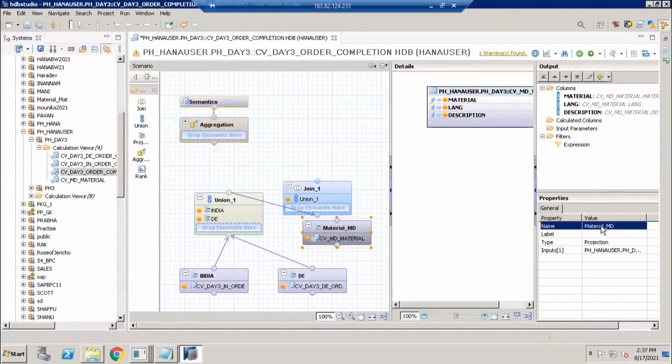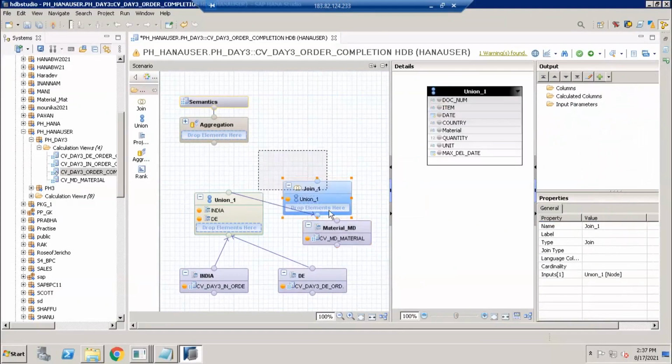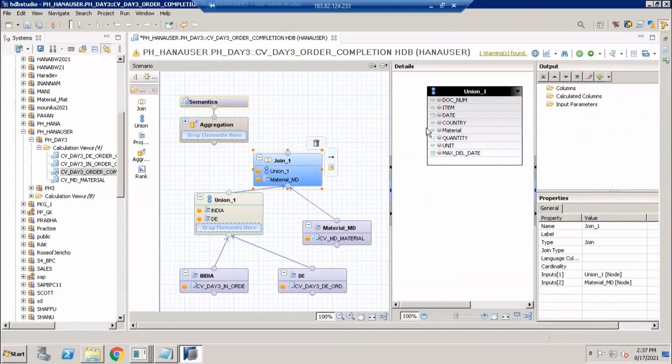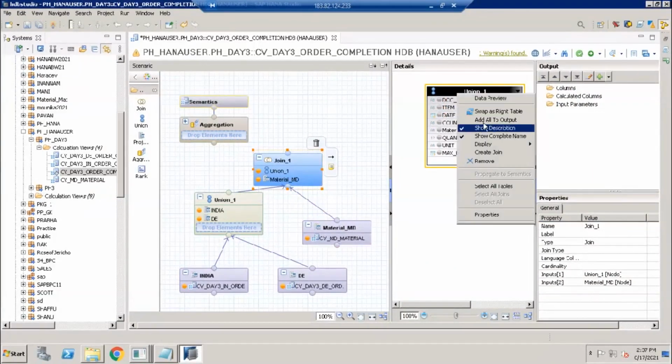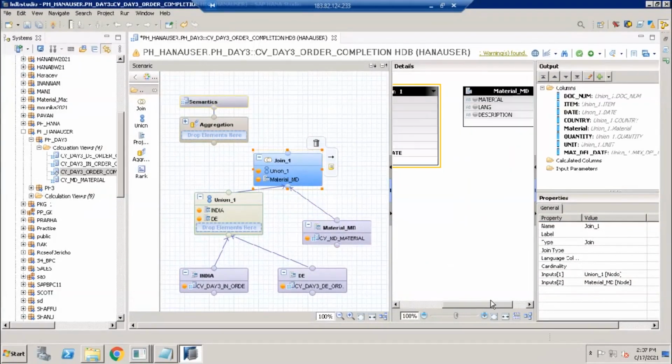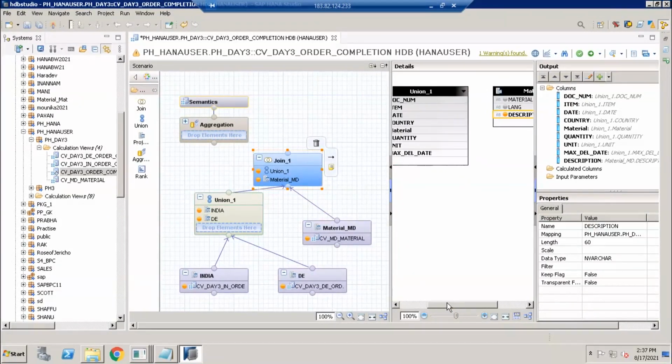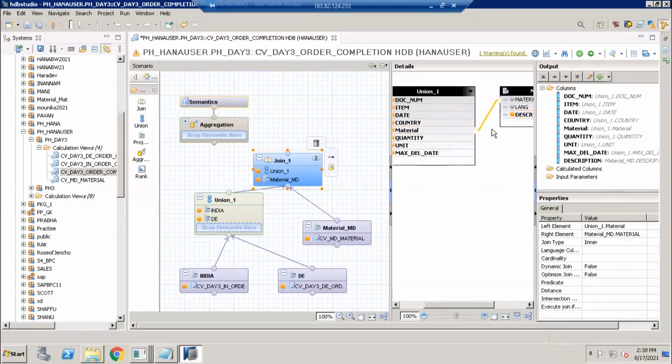Now I'm adding material master data into this join, and from union 1 I'm selecting add all to output, and from the material master data I need only the description. The join condition is material to material. Is it an inner join or left outer join? Since it is master data, it's better to have an inner join. Sometimes, based on requirement, if master data may not be completely updated, use a left outer join. Now add this to aggregation.